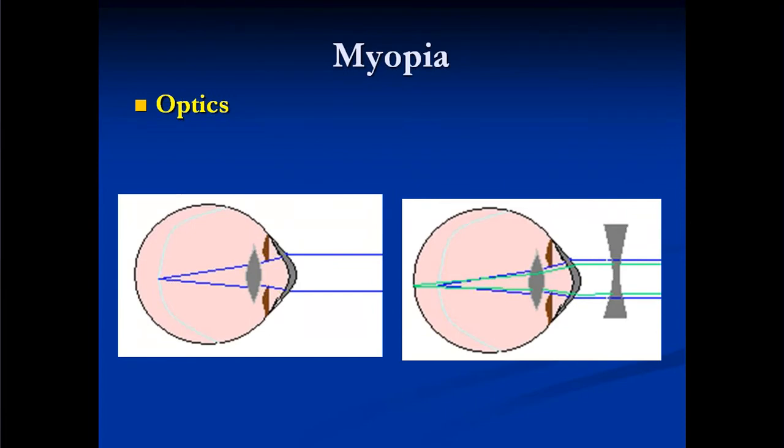And in the second picture, you can see it can be corrected. Myopia will be corrected by biconcave lenses or minus lenses. Conventionally, biconcave is represented as minus, whereas biconvex is represented as plus lenses. So the correction of myopia is done by minus lenses or biconcave lenses. You can see when the biconcave lens is kept in front of the eye, the rays are coming to a point focus on the retina. So that is how myopia is rectified.